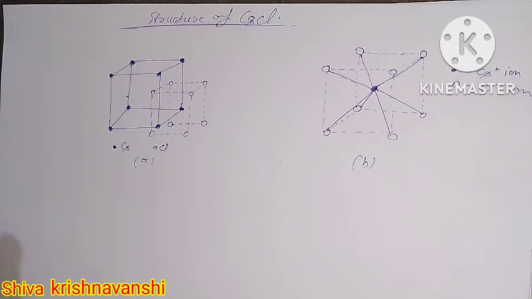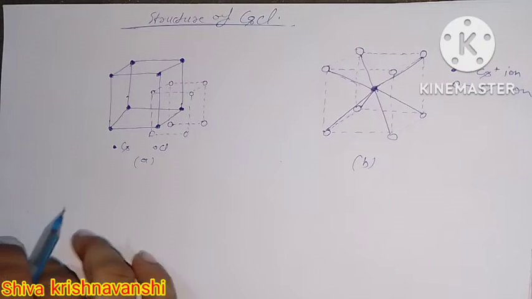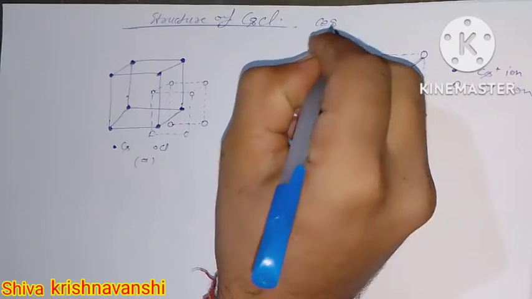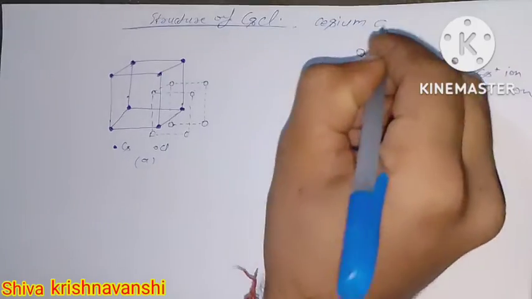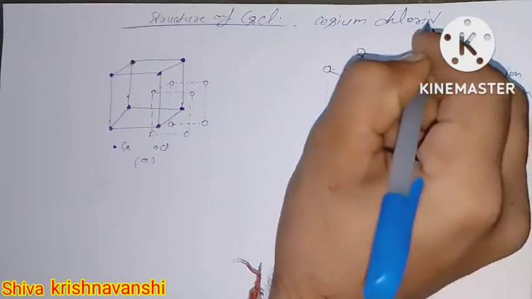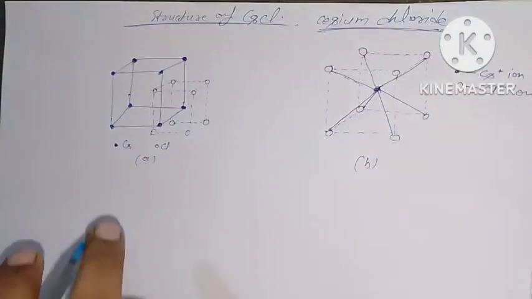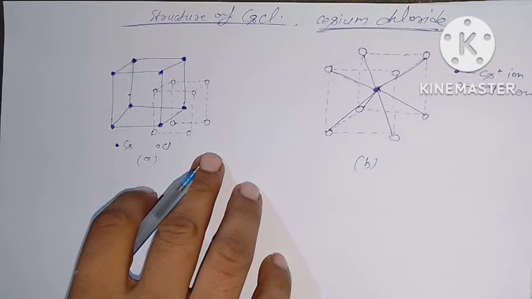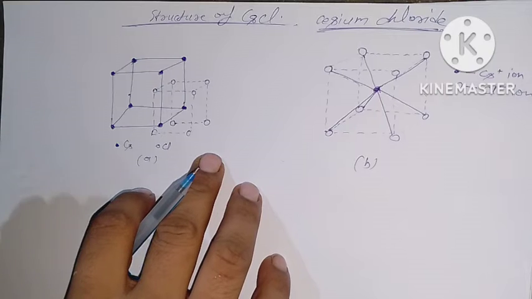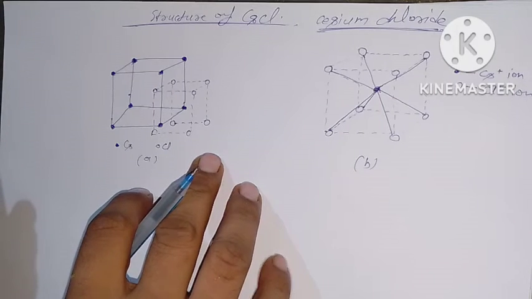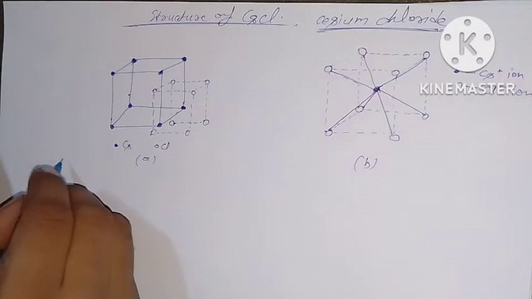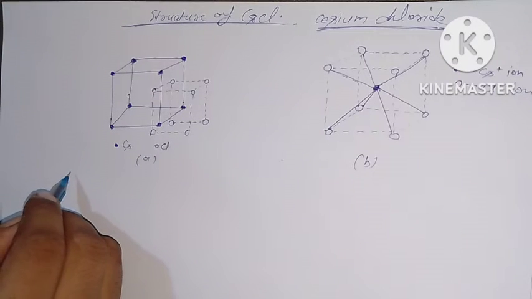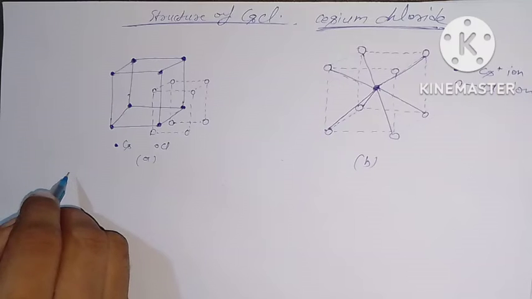Structure of CsCl. Cesium chloride. Structure of cesium chloride. In cesium chloride, the radius ratio of cations and anions